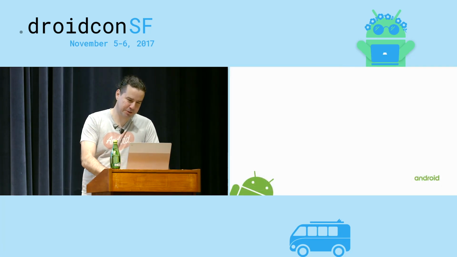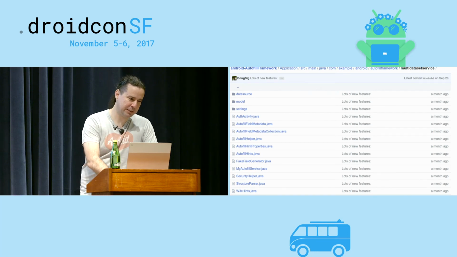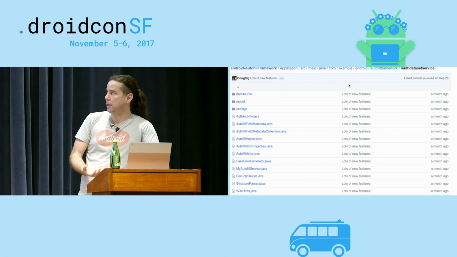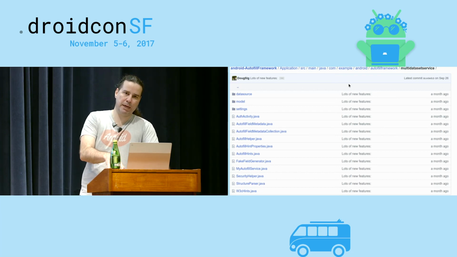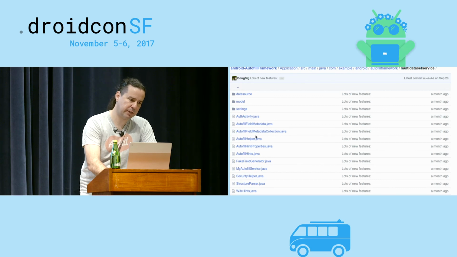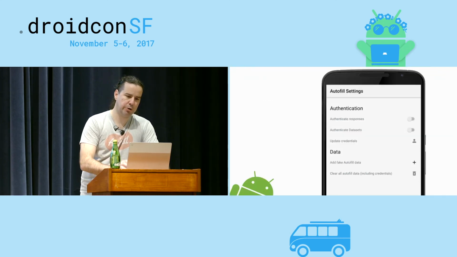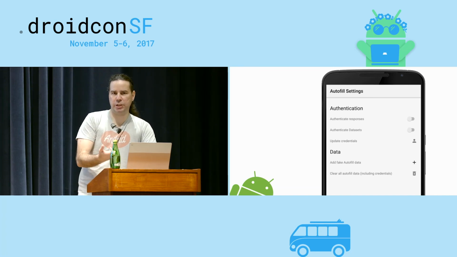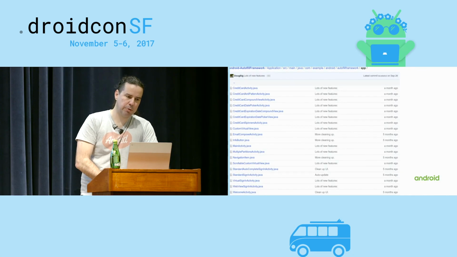This is our autofill service. Basically, it's an open source project that's available on GitHub. If you go to the main autofill documentation, there's a link to this website. There are a lot of intermediate classes here, but the most important one is the autofill service itself. There's also a settings page where you can customize the behavior of the autofill service. For example, you can automatically generate some datasets initially. And also we provide